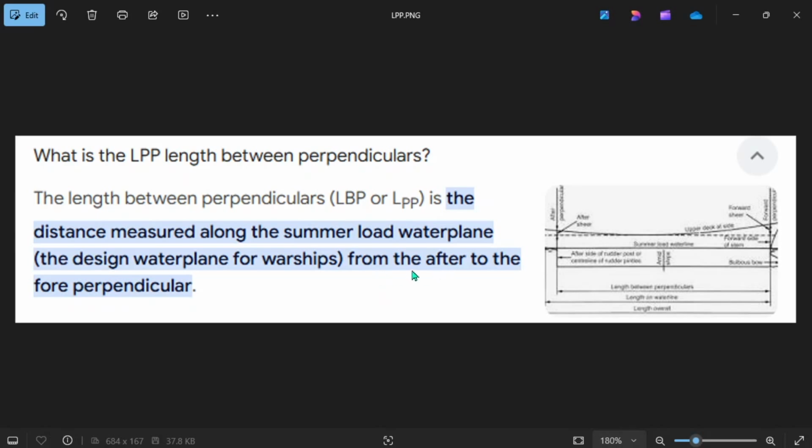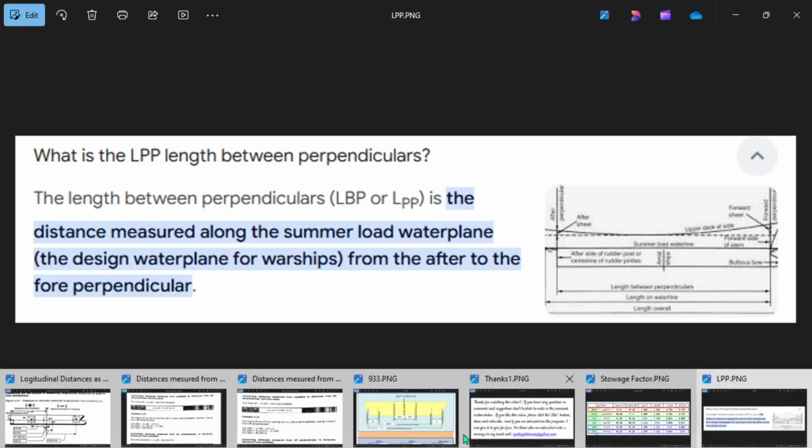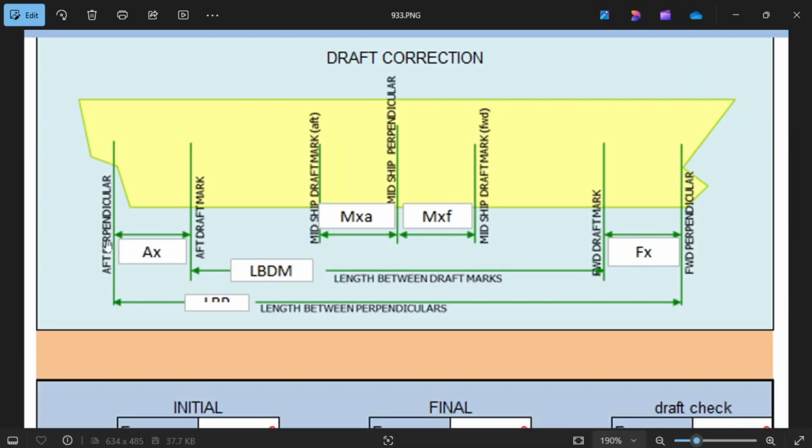From the after to the forward perpendicular, meaning from the up perpendicular going to the forward perpendicular, that will be your LBP or LPP, or length between perpendiculars. Okay. Now,